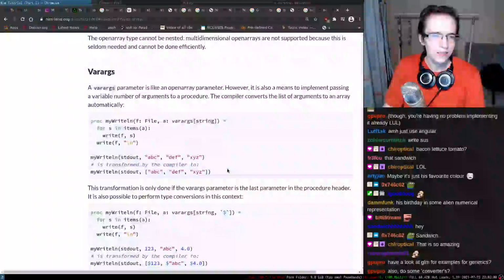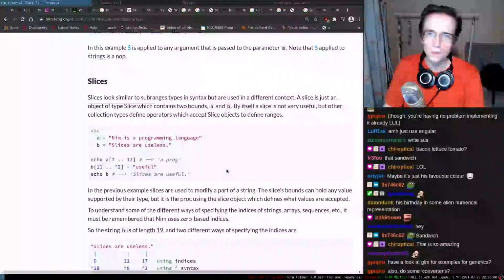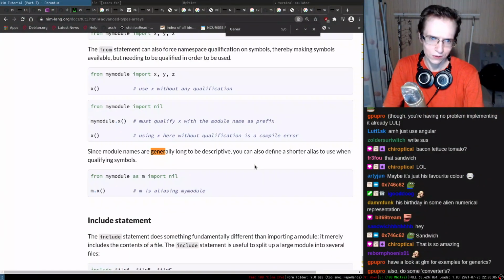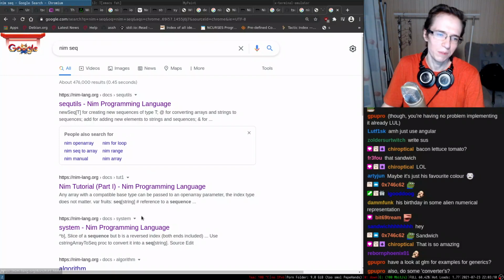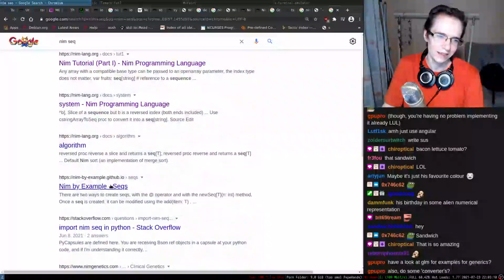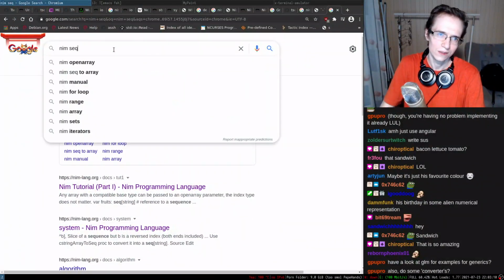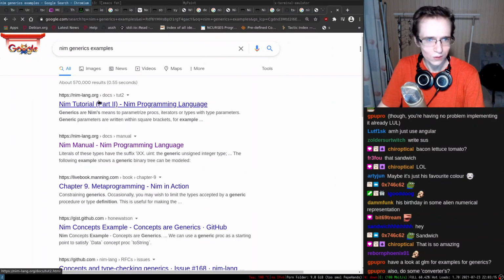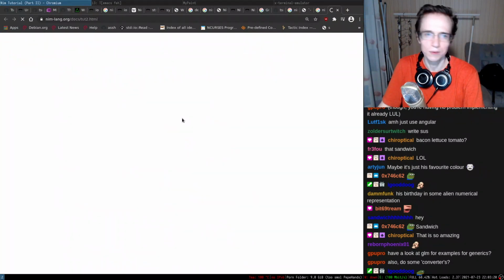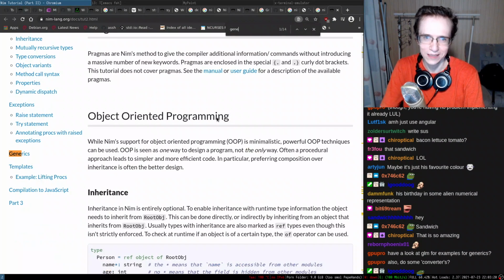I wish there was an easy way to have generics. The problem with Nim is that it doesn't have that many good examples. It's really sad. Generics examples, right? Google is incapable of finding anything. It's just so bad.